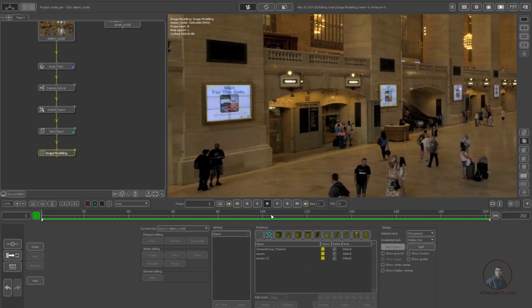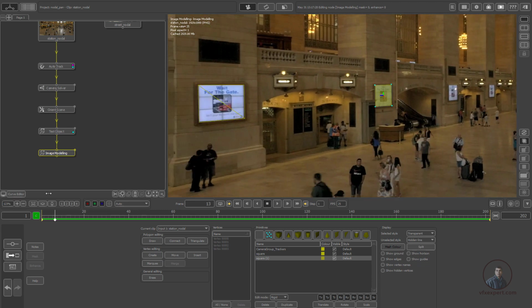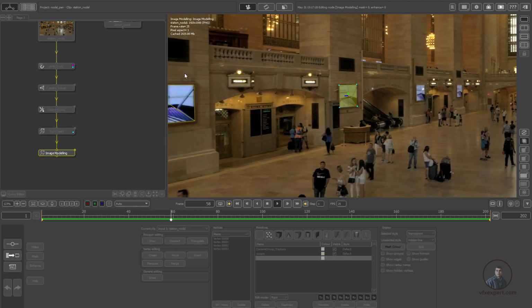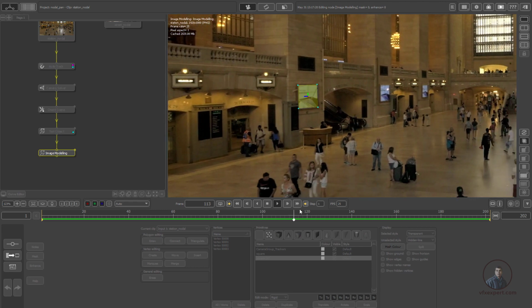So now just simply play and check again. So just select this one. Anyone you can select and test. So now again select this one. So play and check this one also. So now you can see, both geometry are matching according to this camera movements.